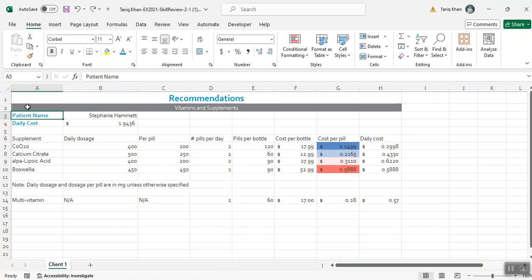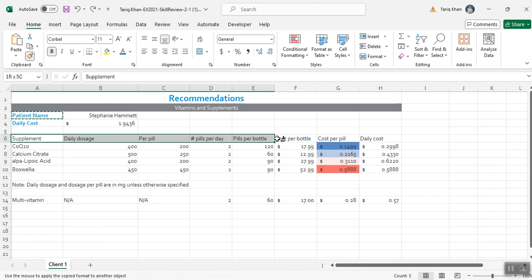Okay, let's find out how. Go to Format Painter. I click on it. The Format Painter has the painter brush attached with it. I want to do A6 to H6. I click on A6 from the center, H6. See here, and then I